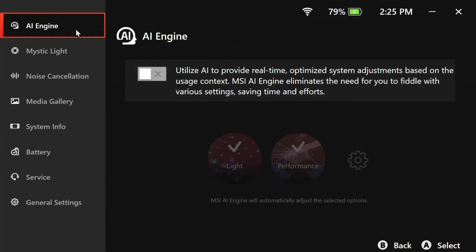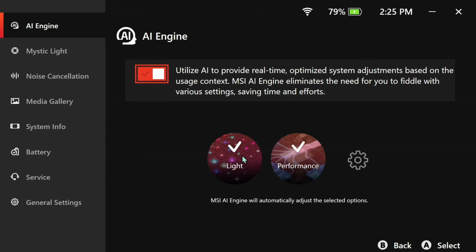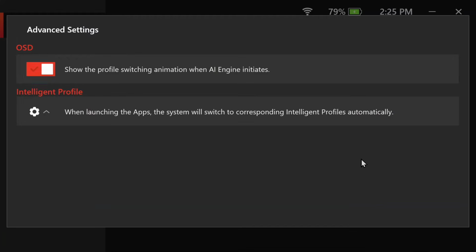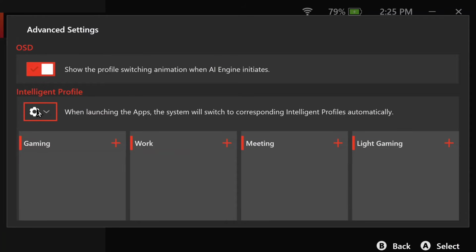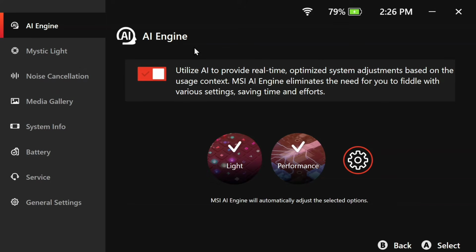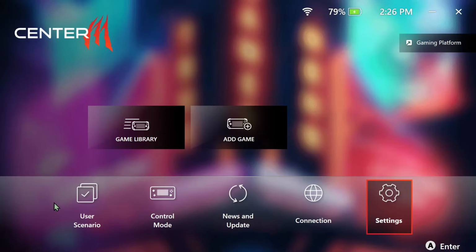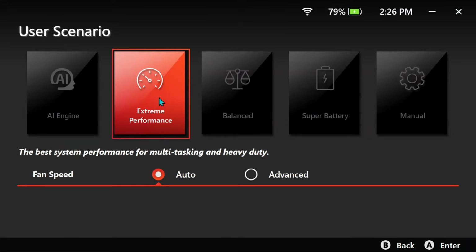Now, here you can adjust AI engine. If I enable this, then you can set to light and performance. If this option is on, then the AI will control your lights too. And here you can select which app will be for gaming, which is for work, and which is for light gaming, so AI can decide better. But I prefer to select extreme performance. Okay,